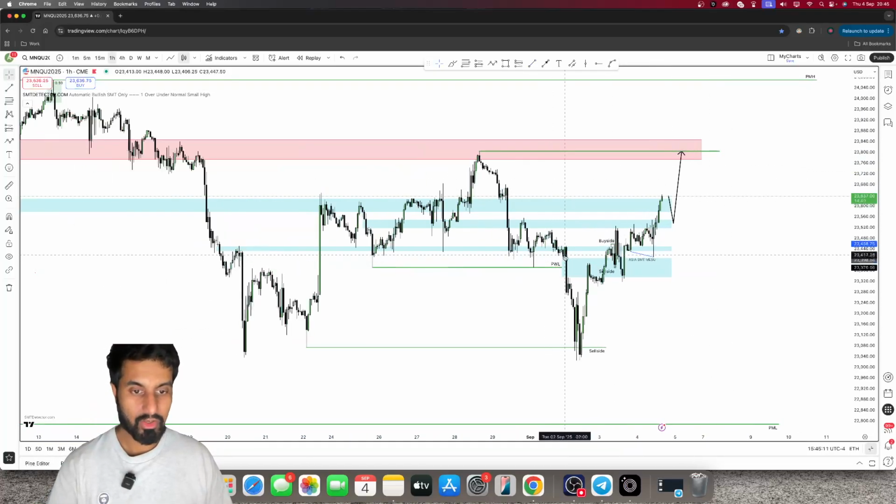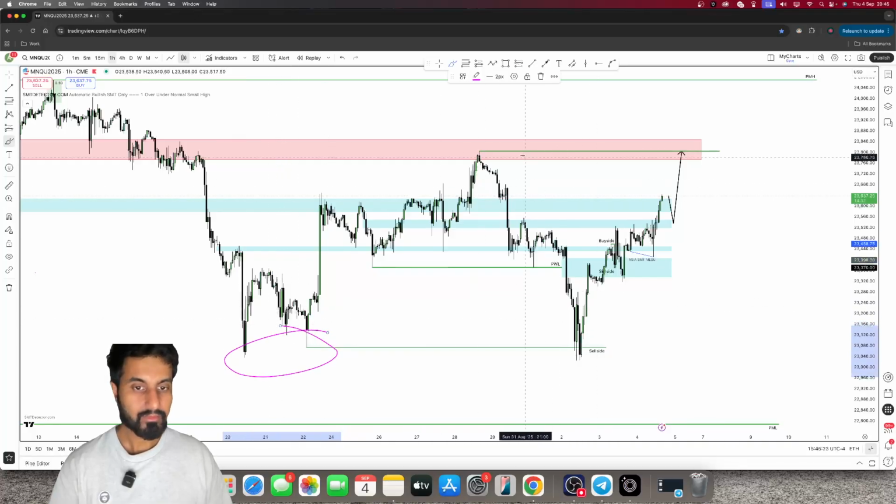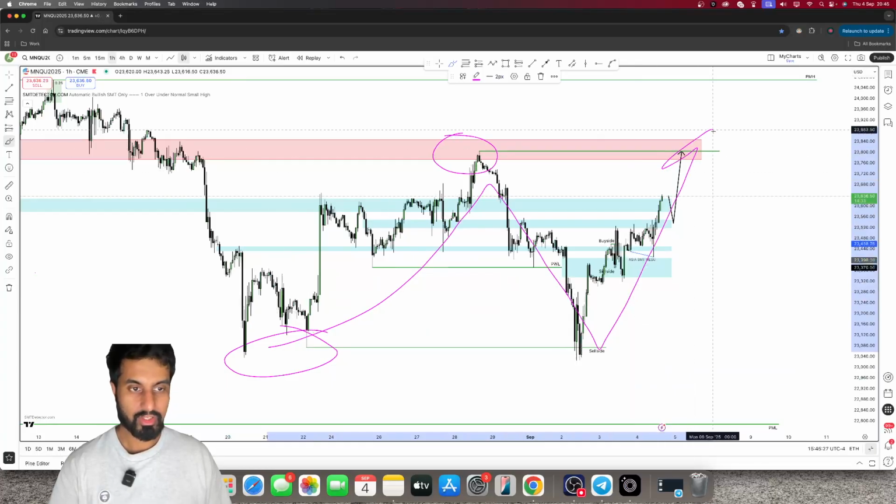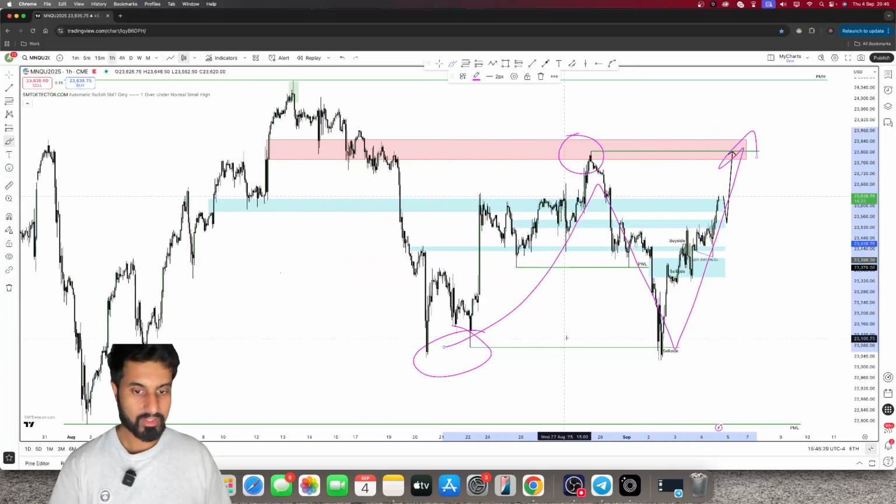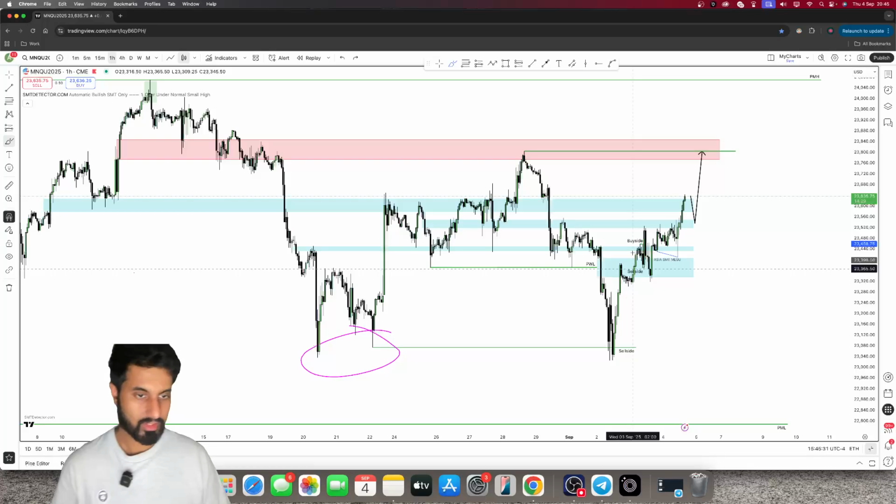But you can see how, look at price at the start of the week, took out the prior weekly low, took out that sell side, and is now grinding to the next liquidity pool because it's taken out this liquidity pool here. It's now heading back up to the next external range, or potentially internal range, because it's done external. Yeah, I don't know. It gets confusing when I start speaking like that. I don't want to